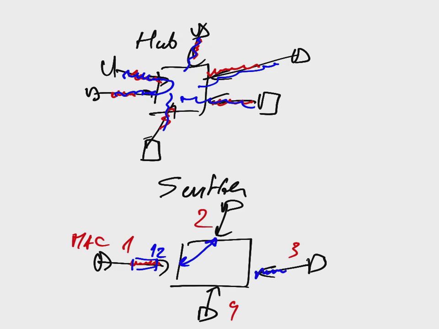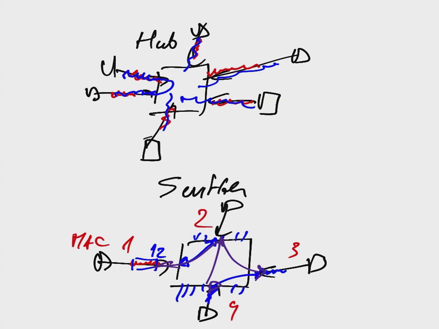And if it sees that some other Ethernet frame is sent from MAC address 3 to MAC address 4, it resends this Ethernet frame only to MAC address 4. And then, depending on how many connections it has in total and how many separate channels it has, in this case one device is talking, and not all devices are listening, but only those devices which are intended. And of course, if some device sends a broadcast signal, like FFF or 111, then of course it resends this signal to every output here.